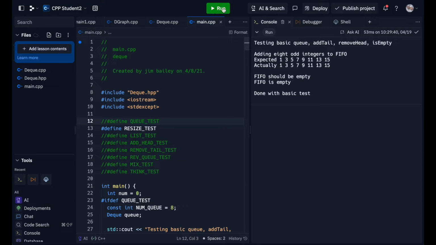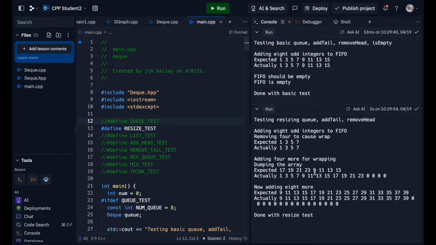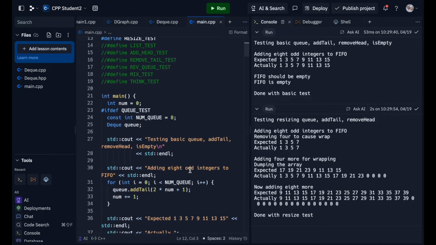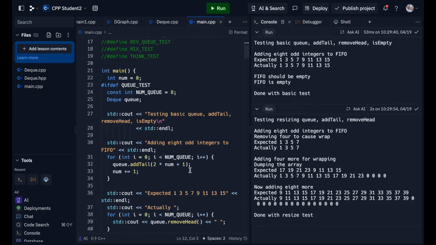If we try resize test, however, we see that we have some issues happening. Notice here after adding 4 more for wrapping, we have a lot more values than we should. If I scroll down and I look at what happens for this test,